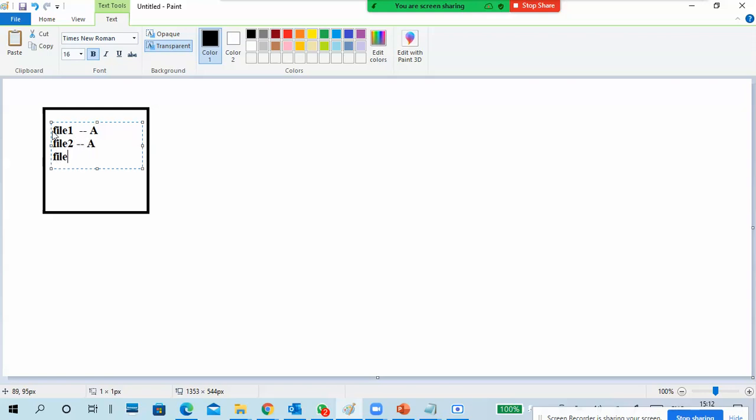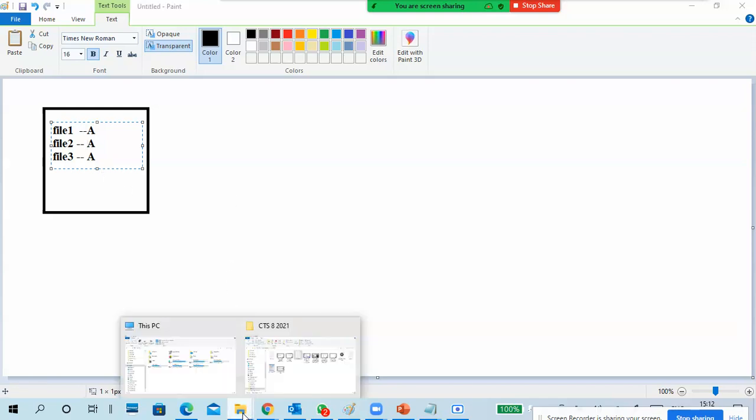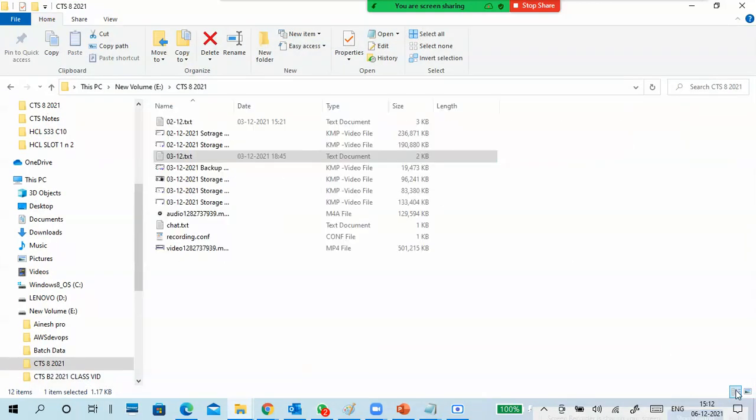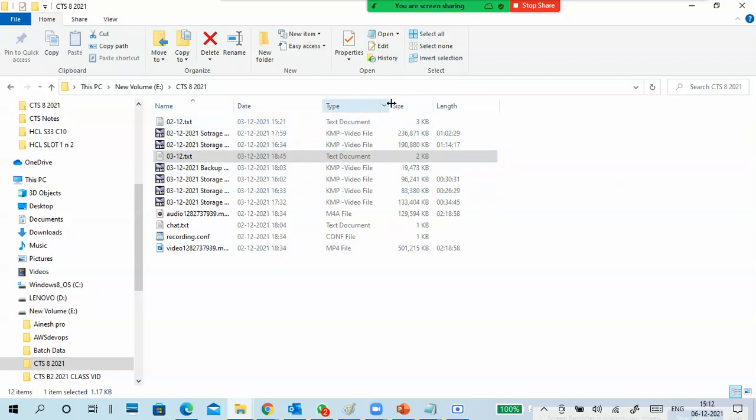What is this A? Whenever you see a file we created, that A is the archive attribute. If A is present, it means the file is not backed up or is modified since the last backup. You can see this in the details view: type, size, length.